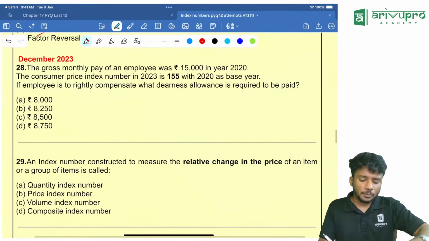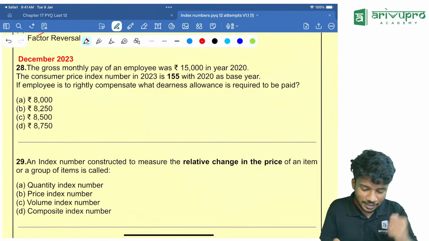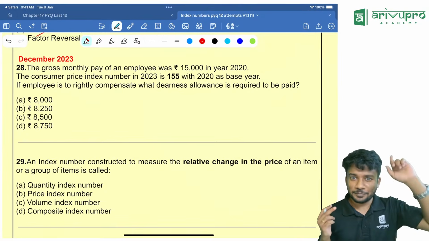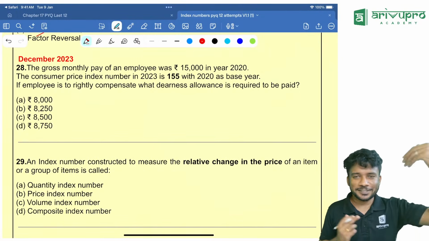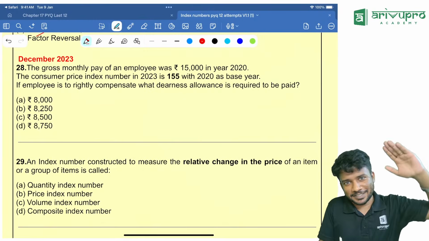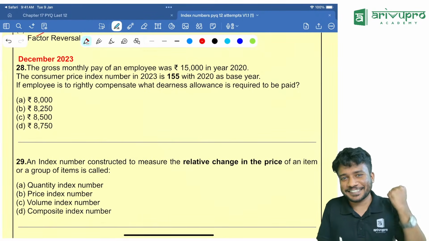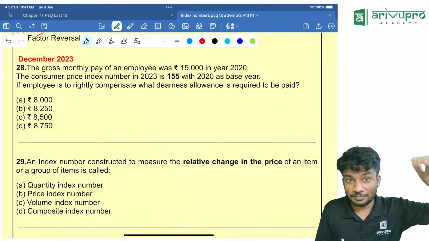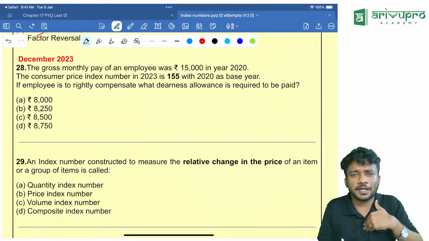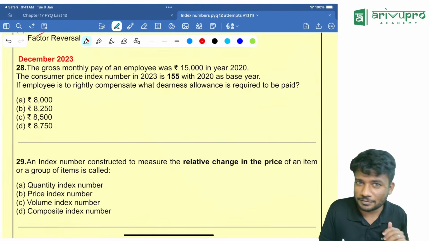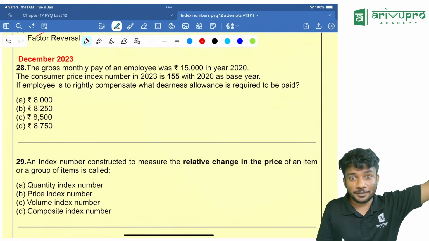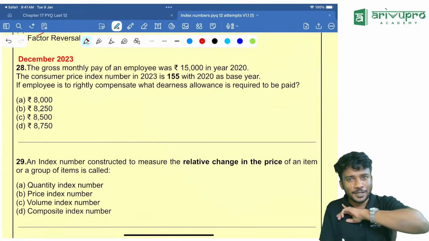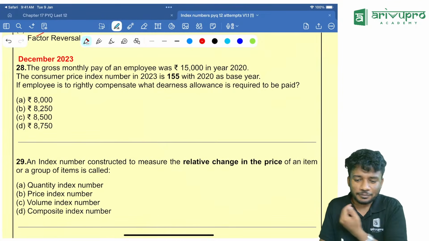Next question, people. We are moving to December 2023. What were you guys doing in December 2023? You were in 12th standard, PU, degree. Did life become better, or is life going in another way? Everything is good. Everything will become good in a year. Think that whatever your problem is right now, it will not be a problem after one year. Maybe 10th or 12th standard was the problem at that time. Is that a problem now? No, it is not. So think in that angle always and study accordingly. Don't get tensed over silly things.